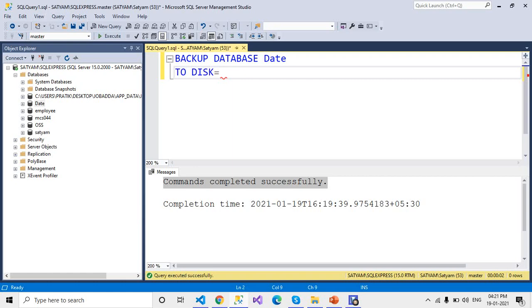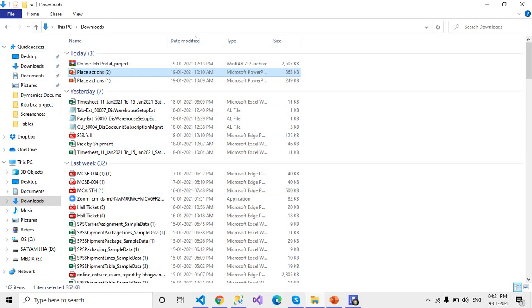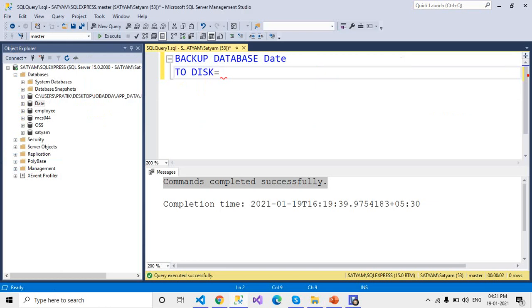Disk is basically your local disk. This is the C drive, D drive, E drive in my laptop, so you can choose any location. You write the path like a character string. I'll provide the D drive, so that is D colon